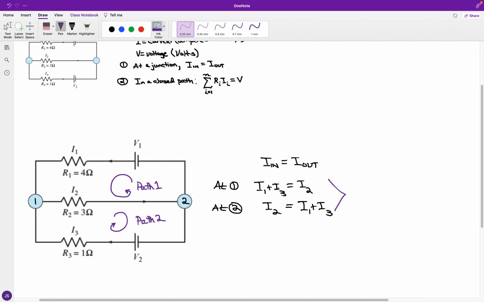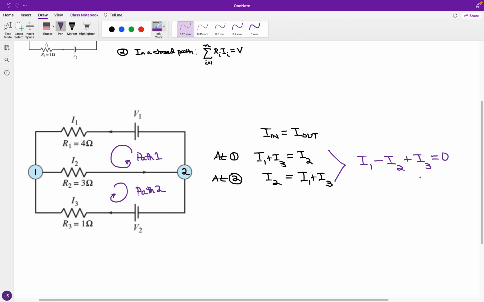If I alternate between the left and right hand side, I have the same equation in effect, and if I consolidate the terms into one for the whole system, I can say I have I1 minus I2 plus I3